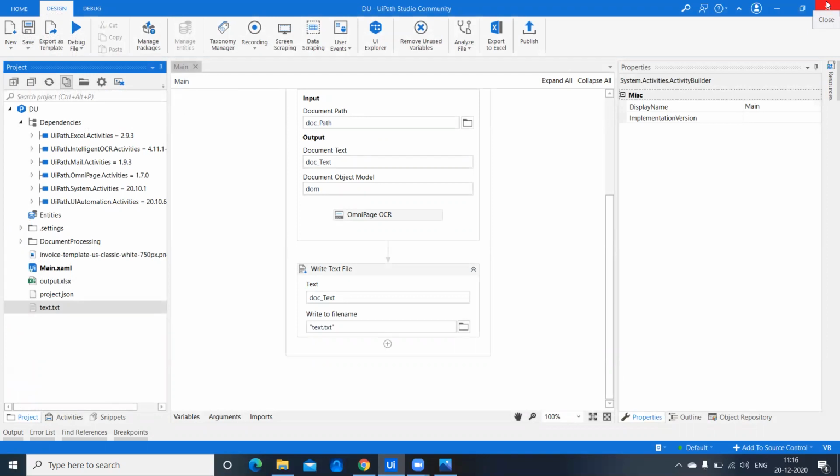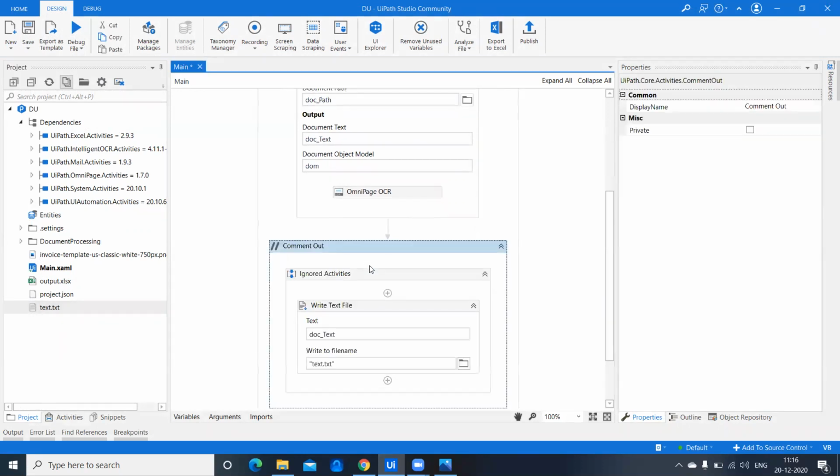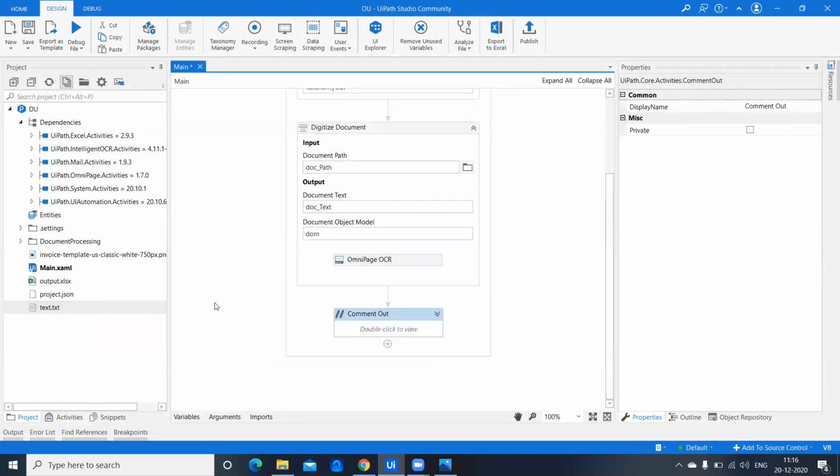So basically, form based extractor is used only for documents which have a certain structure. If the structure changes, then we cannot extract the information from that. So let's see that. I'm just commenting it out for now, as we've already seen how the information appears. Once we digitize the document, the next part that comes into the picture is